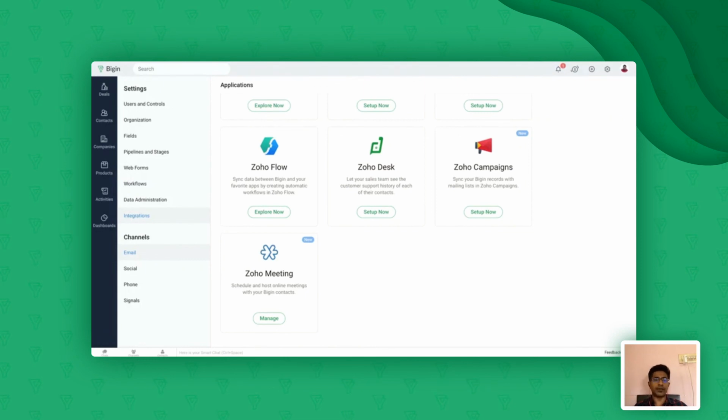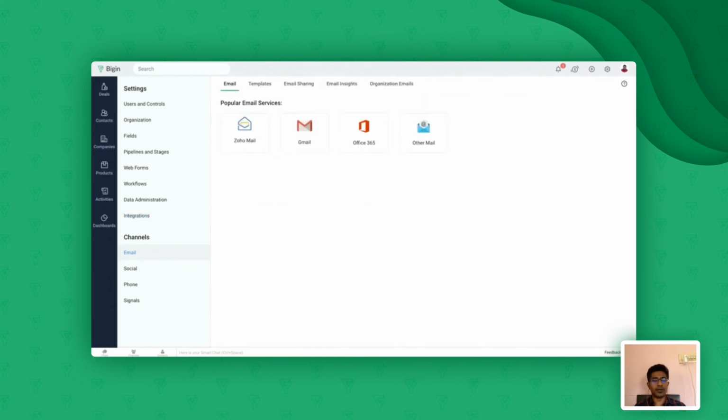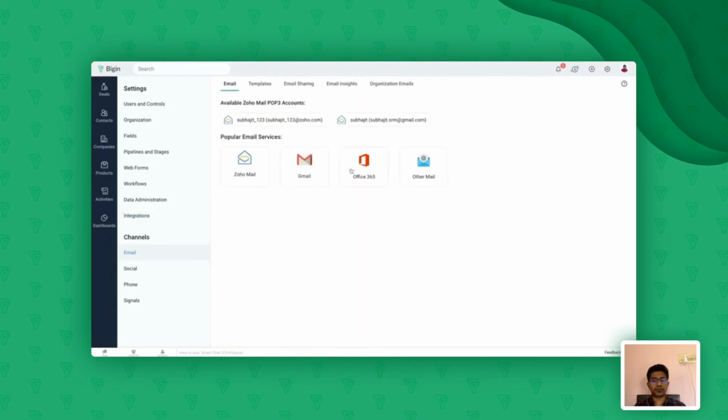So if you are using any other email service provider, and if you want to track those emails and keep everything in one single platform, you can always go ahead and do an IMAP integration with your email. By default, Zoho Mail, Gmail, and Office 365 are available. If you want to add any other service provider, you can do that as well using the other mail option.